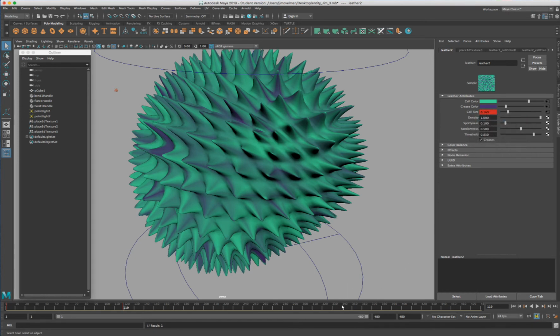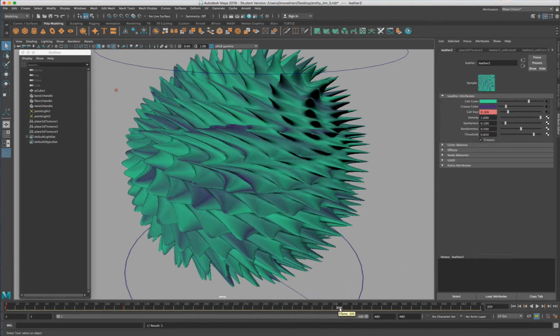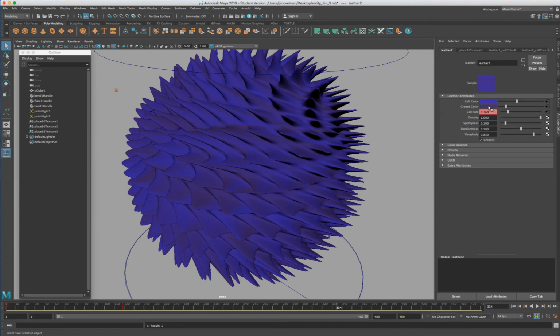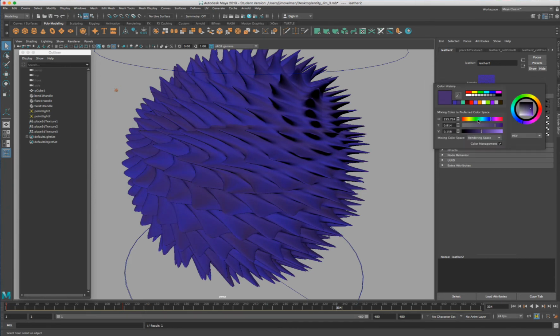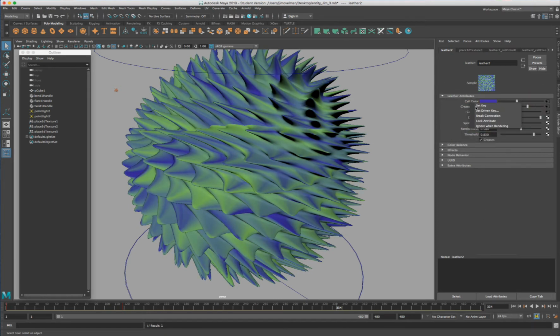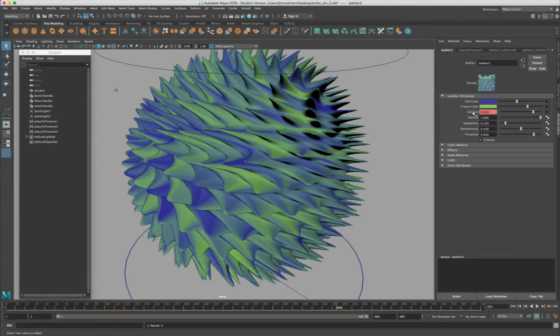I'm going to do one more here, about 3/4 and about 334. I'm going to change the color again. Okay. And change the color on that one. Set key, change the cell size,